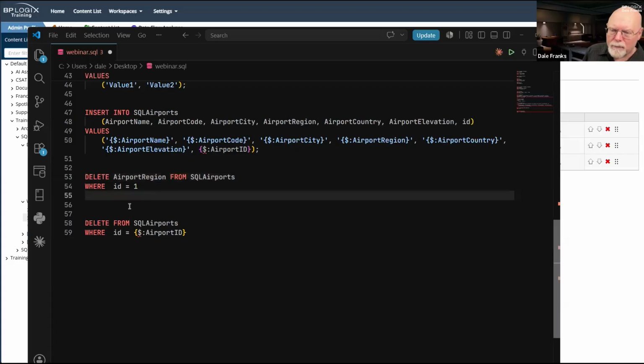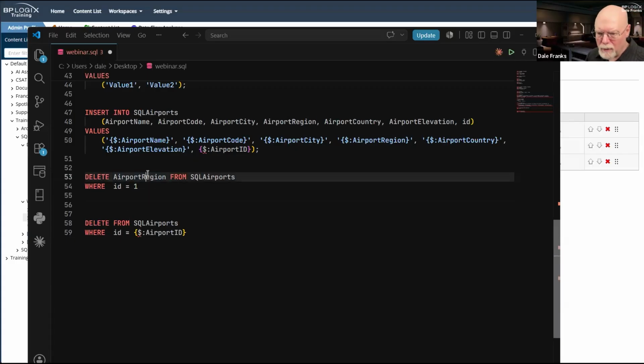There we go. This also works too. I can just delete a single field or 2 fields or 5 fields, whatever it is that I want from my row. So I can actually delete